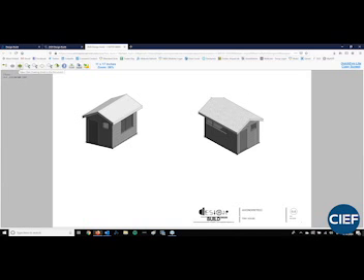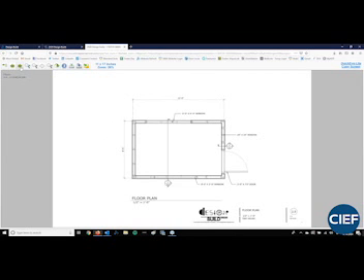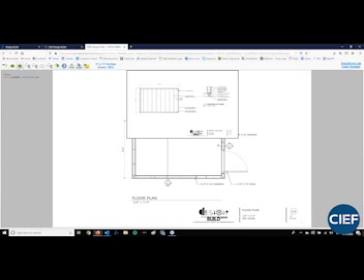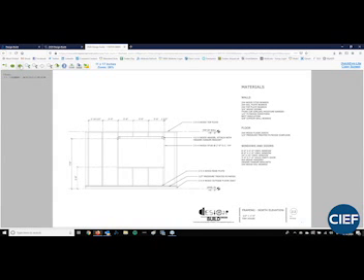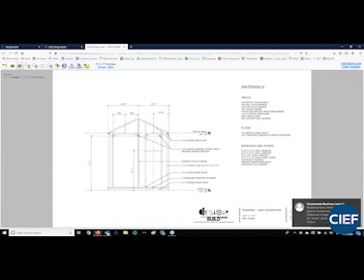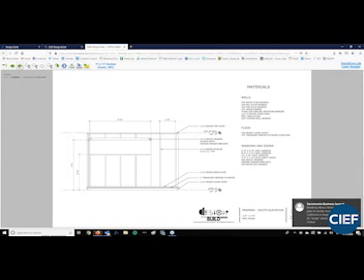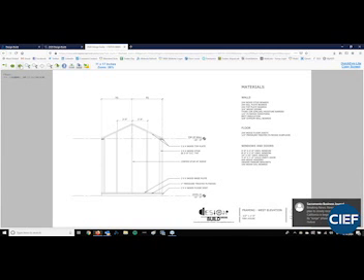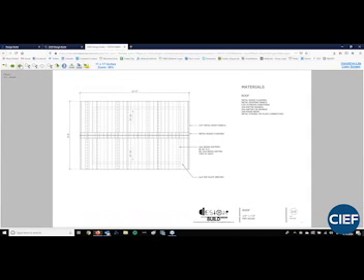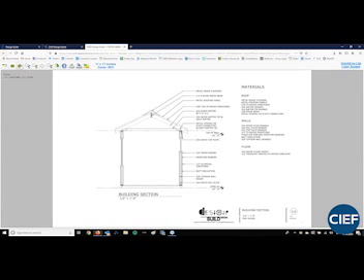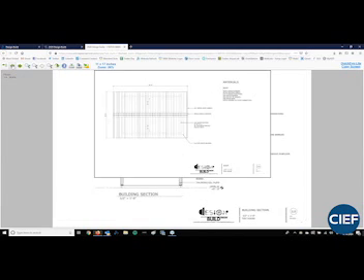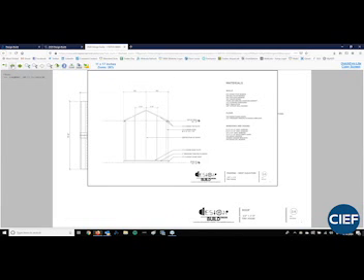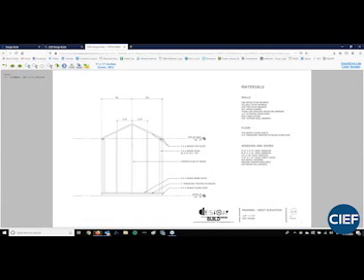Using the green forward button, you can go ahead and see the different views. The floor plan, the framing for the floor plan, the framing for the north elevation, the framing for the east elevation, the framing for the south elevation, the framing for the west elevation, the roof, the building section, and your elevations. For the purposes of the cost estimate, you'll only be asked to estimate based upon the walls, noting that